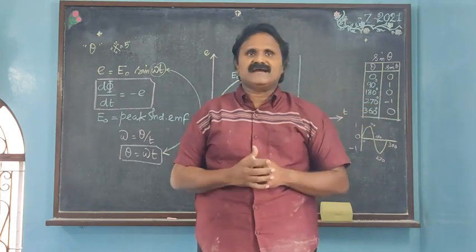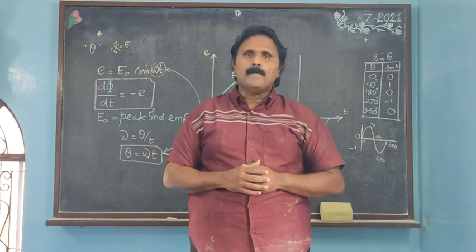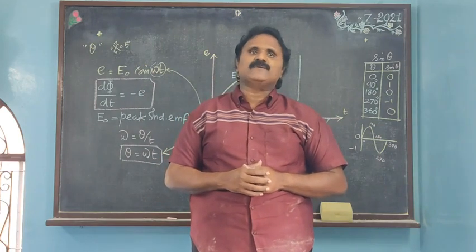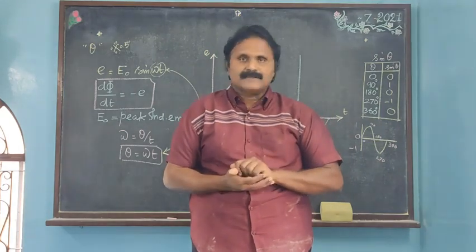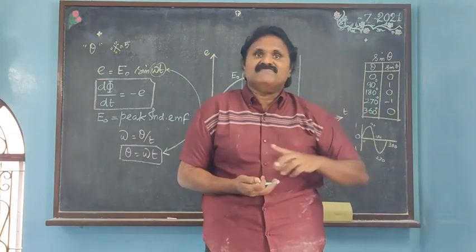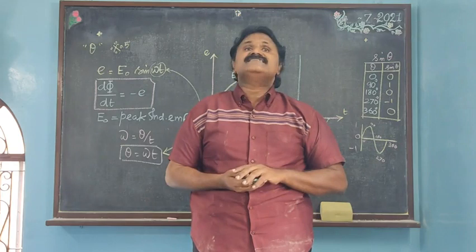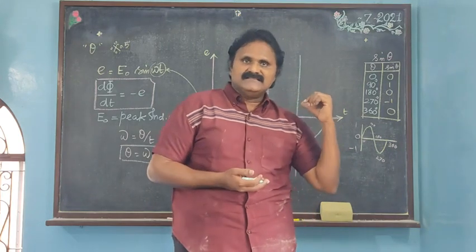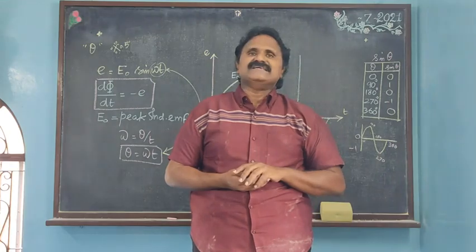Every alternating current has a frequency. The domestic current we obtain at our home has a frequency of 50 cycles per second, that is 50 hertz. It means in 1 second the current actually varies 50 times. This is called sinusoidal current. And this generation technique is the generation of alternating current.